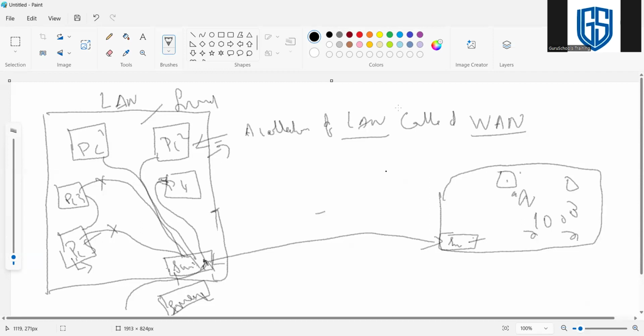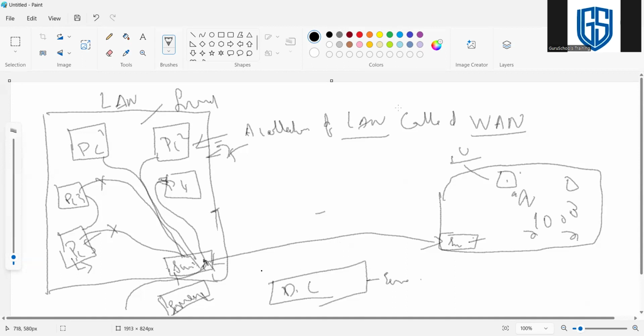Similarly, we need to create connectivity between these switches and manage these local machines. For example, 5 machines here and 10 machines there. In the same office we have a server, the domain controller, the DC.